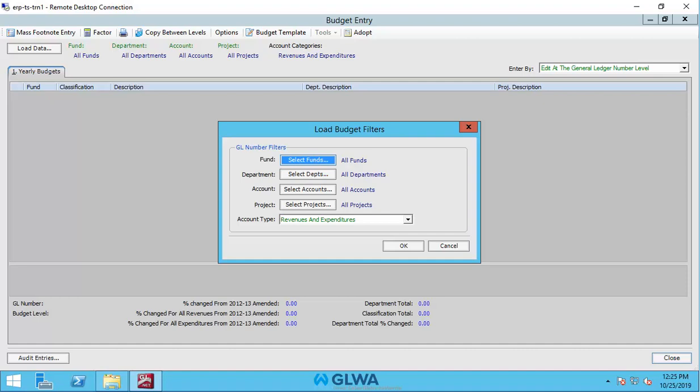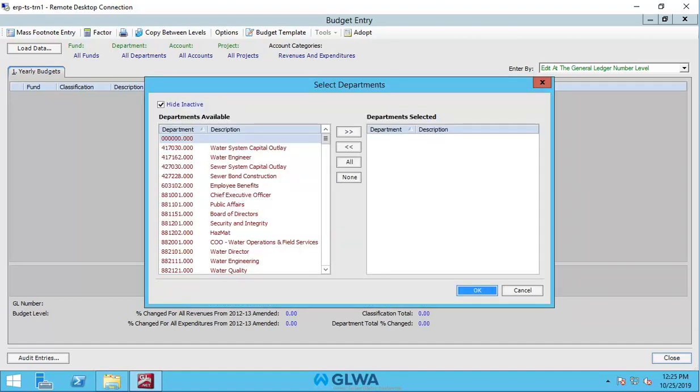Account type will always be revenues and expenditures. Here, we will select departments, also known as cost centers. The Select Department screen displays. There is no need to select a department when you are assigned just one cost center. This is the only cost center number that will be displayed. When there are multiple cost centers, you will need to locate and select the cost center you want to create a budget entry for. You will notice the cost centers which display are the cost centers assigned to you based